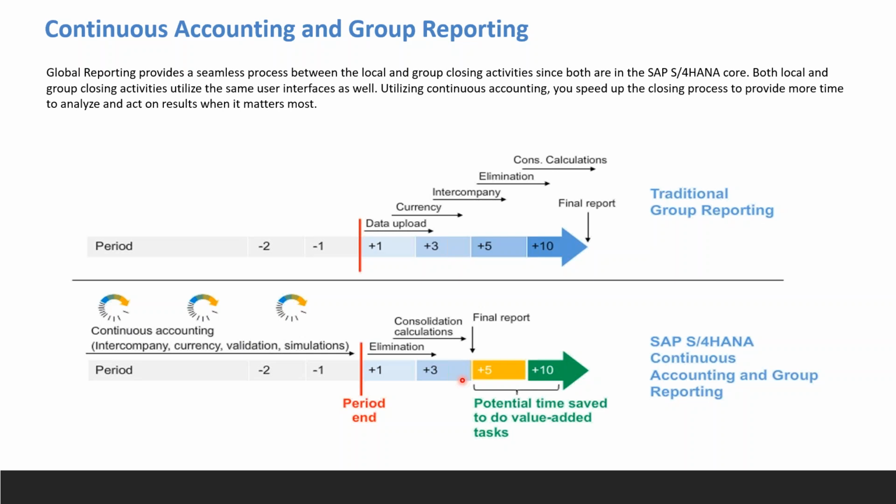Okay, let me put it this way. Let's say that you have closed ECC, S4 or whichever. Then you are releasing the journals in the group reporting. The same way, you can also move the data from ECC into BW and move it into BPC and continue the consolidation process, right? Yeah, that is possible, but accurate data will not be there, right? In between, once you have transferred, if someone has posted a transaction, those transactions will not be there.